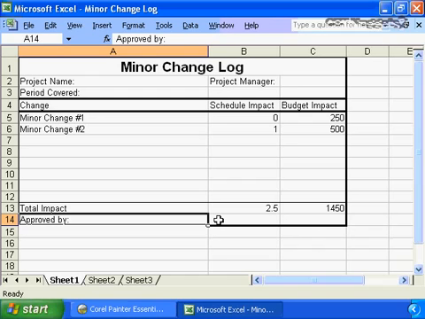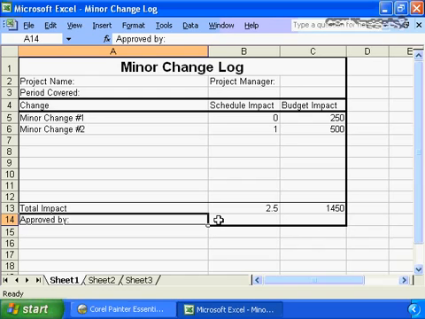The project sponsor needs to agree that any change that has a schedule impact of less than a predetermined number of days, maybe 5 days. So any change with a schedule impact of less than 5 days and any change with a financial impact of less than, again, a predefined number, maybe it's $1,000, will be documented on the minor change log, and the minor change log will be consolidated and presented for review as a minimum on a monthly basis,